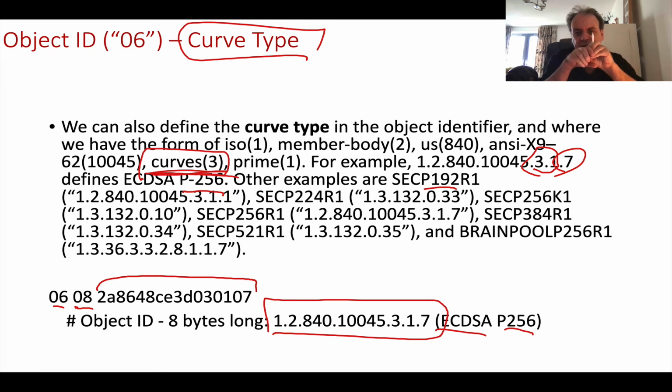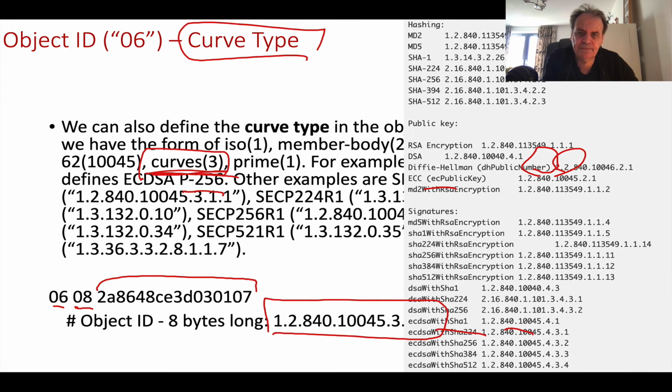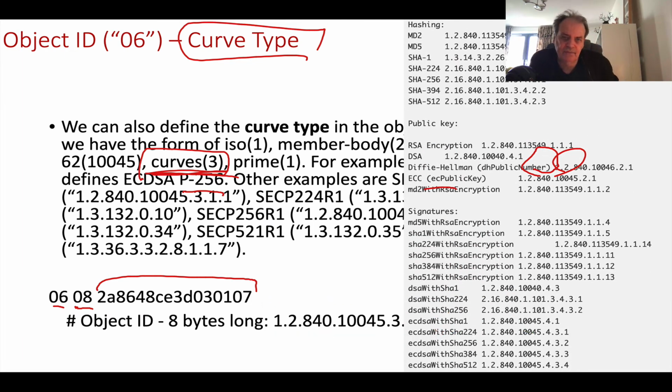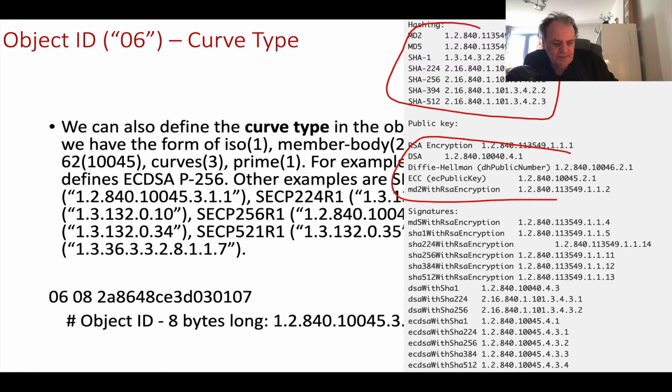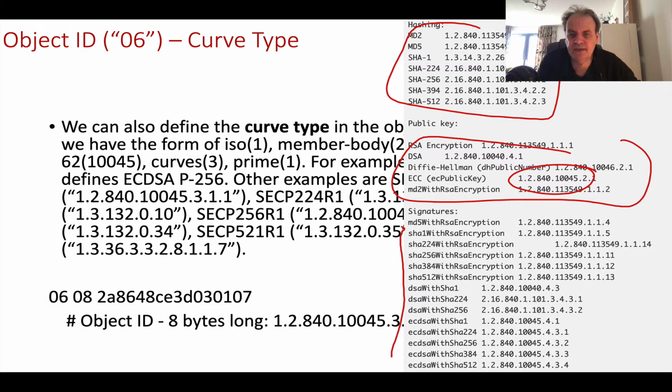Okay, so in this way we can start to embed these types along with the keys so that they can be easily interpreted, or with the certificates. So here's a sample. These are some of the other codes that we can have if we're using different hashing methods. That's it there, and these are the numbers that we identified before, but with different signature types. These are unique identifiers, object identifiers.